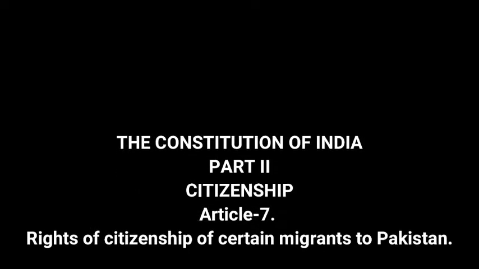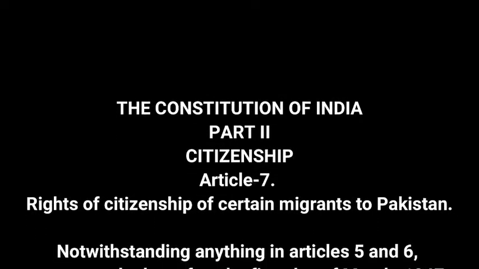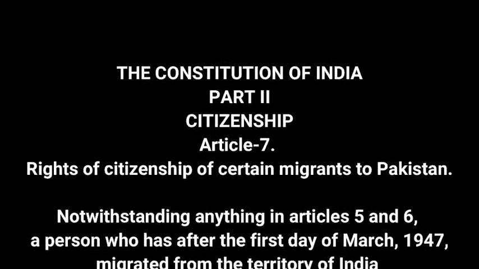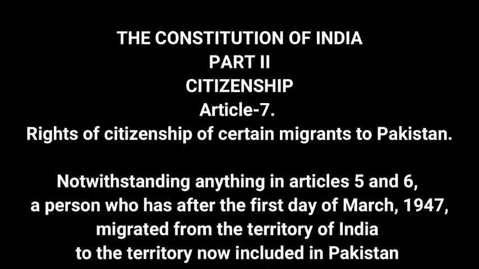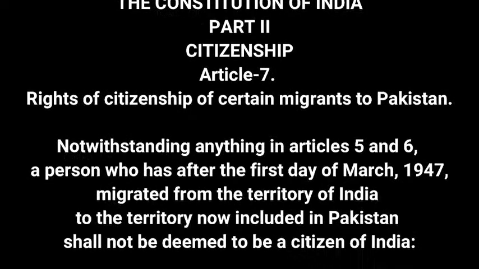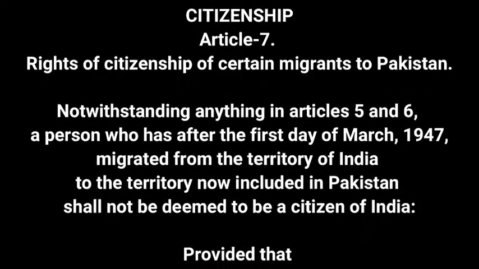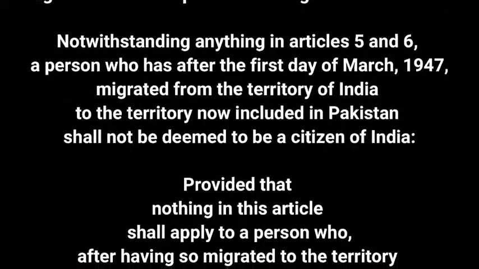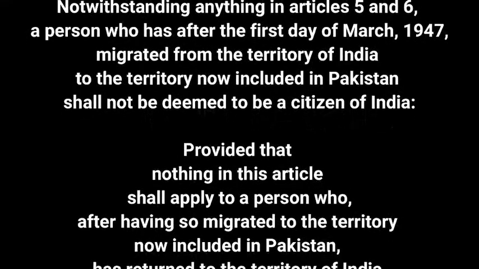Constitution of India. Part 2. Citizenship. Article 7. Rights of citizenship of certain migrants to Pakistan. Notwithstanding anything in Articles 5 and 6, a person who has after the first day of March, 1947, migrated from the territory of India to the territory now included in Pakistan shall not be deemed to be a citizen of India. Provided that nothing in this article shall apply to a person who, after having so migrated to the territory